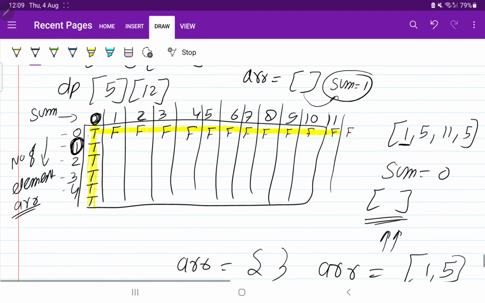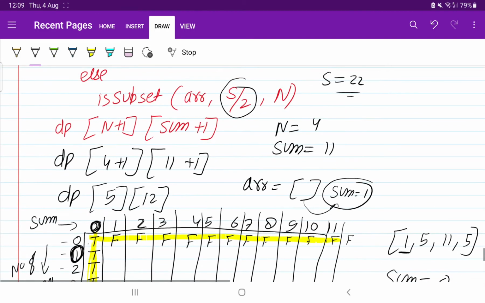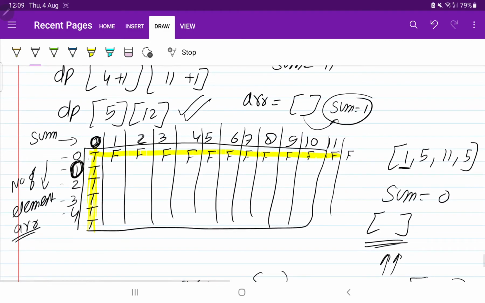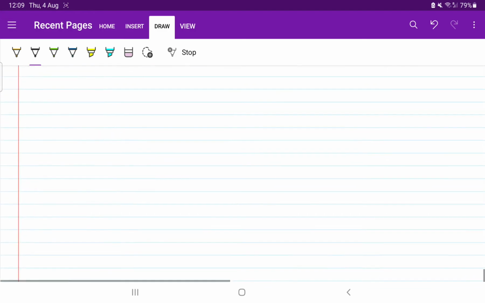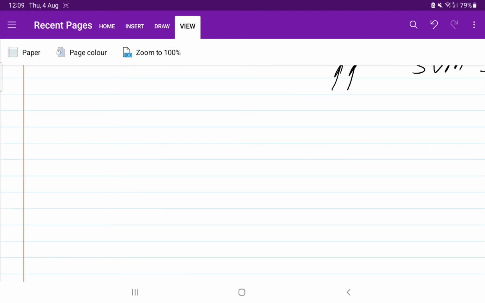So in DP what we have to do? We have to fill the first row and first column, that we have done. Now we can write the code. So first of all, what we have to do? We have to declare the size of the matrix. Then we have to fill the first row and first column. How are we going to do that? By the for loop. So let us apply the for loop.